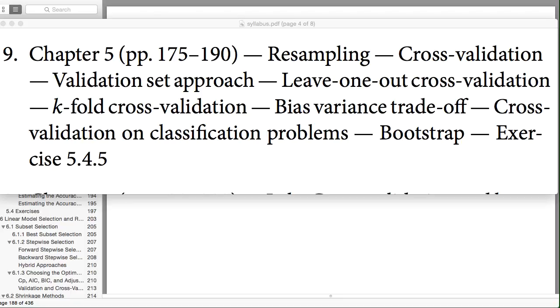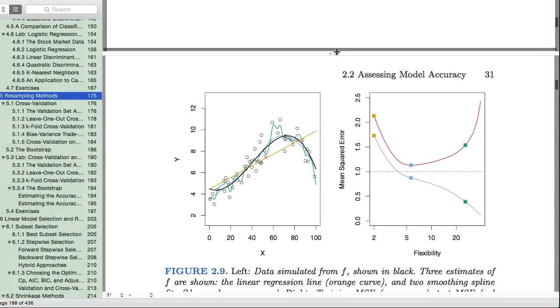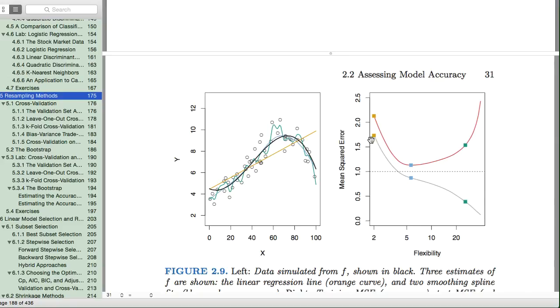And today I'd like to talk about a couple of techniques, cross-validation and the bootstrap. The idea of these techniques is that, if you recall, let me go back to chapter 2 here. Here's a picture from chapter 2 that gets referenced in today's chapter. And if you recall, we have this problem, the bias-variance tradeoff, such that if we use the training